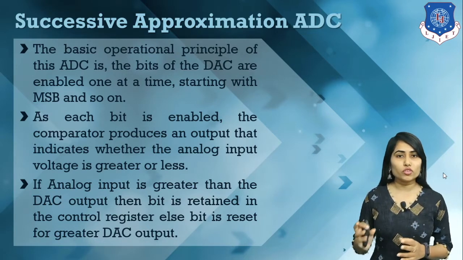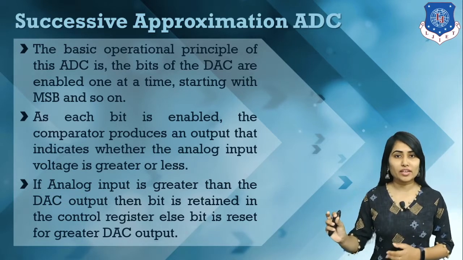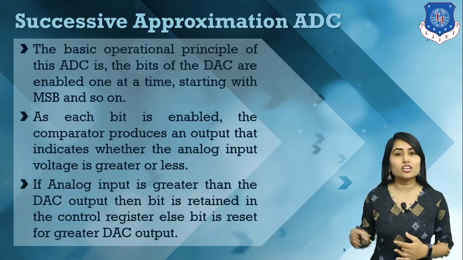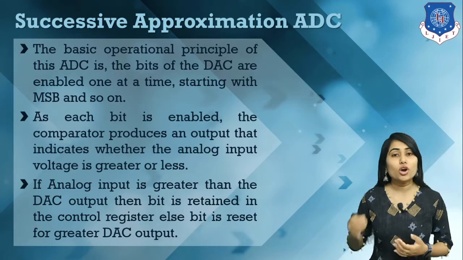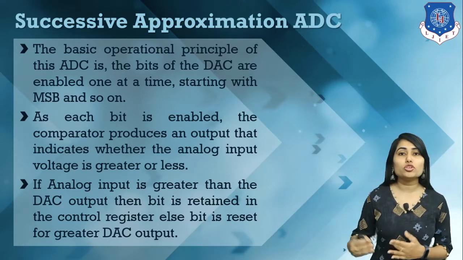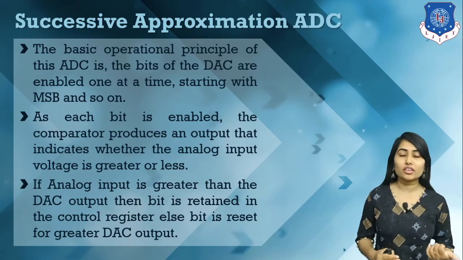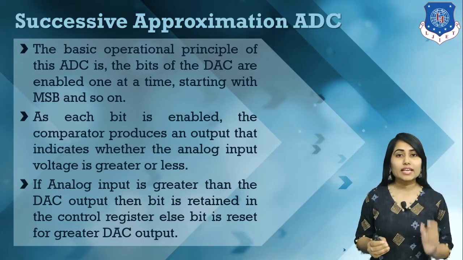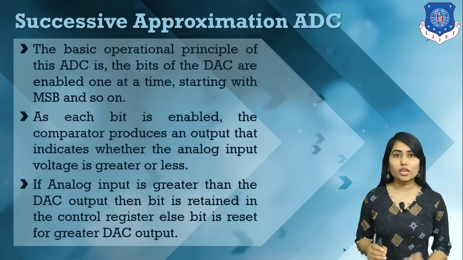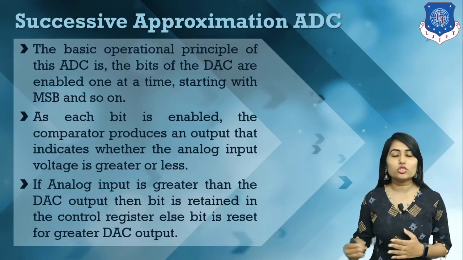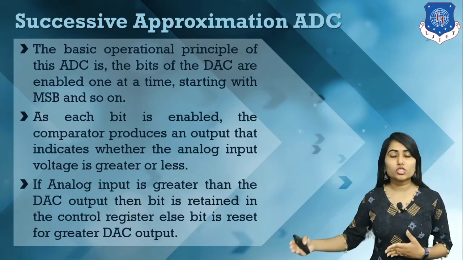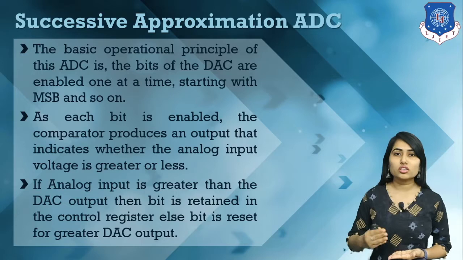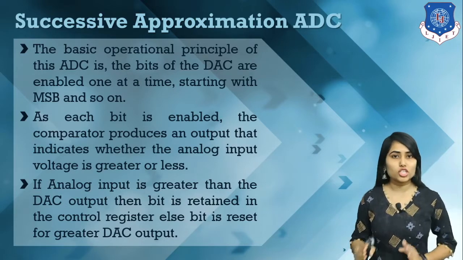Here what we are doing is producing a digital binary pattern for each of the 4 bits, or if we have more than 4 bits, we consider all the bits and one by one make a bit 1, then calculate the approximated analog value and compare it with our analog input. Using this approximation method we can get the actual digital output, by assuming values and making all bits 1 one by one in our control logic, and so we convert our analog information into digital form.